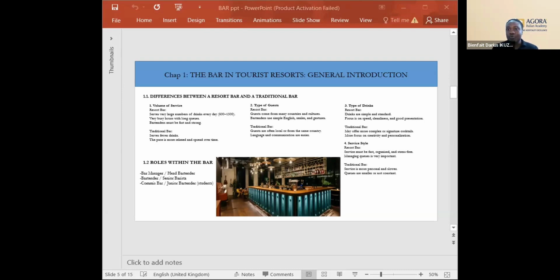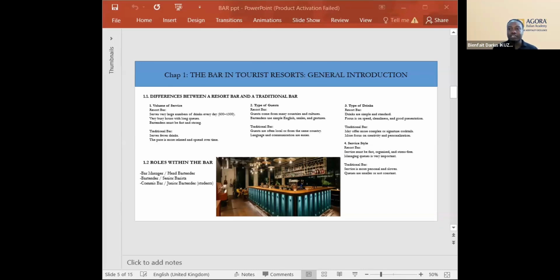Whereas in traditional bars, we only serve the local people. The traditional bars are the normal bars that we find around the street. Let's say when you look at Italy, they serve the Italian population. So there, you don't have to be so sharp or have a lot of social skills by speaking a lot of languages. Whereas in resort bars, the bars that we find in the hotels, you have to be really social, to communicate with all of those people.